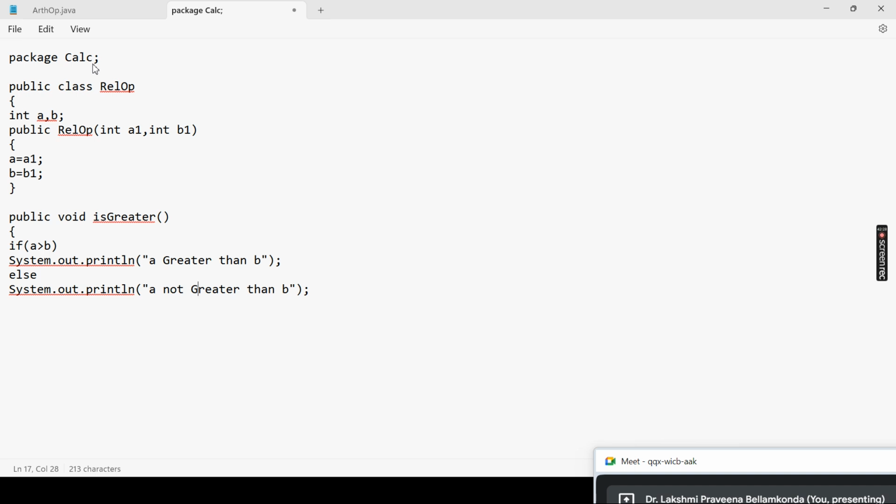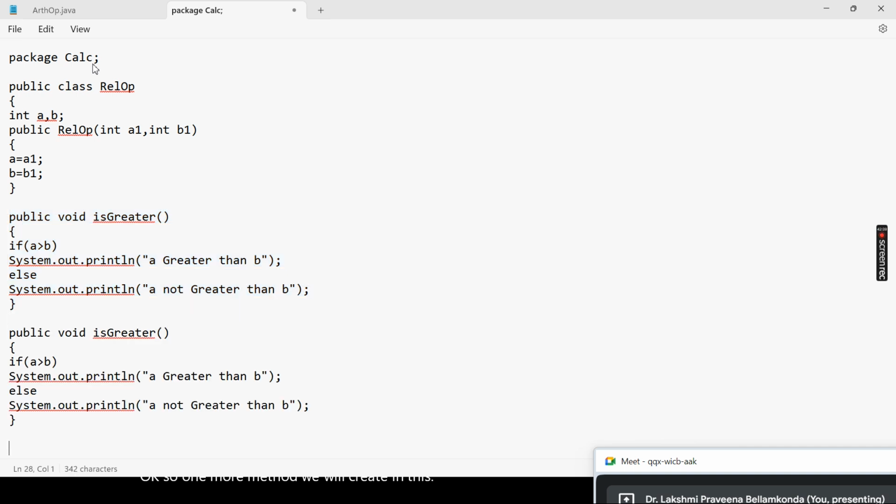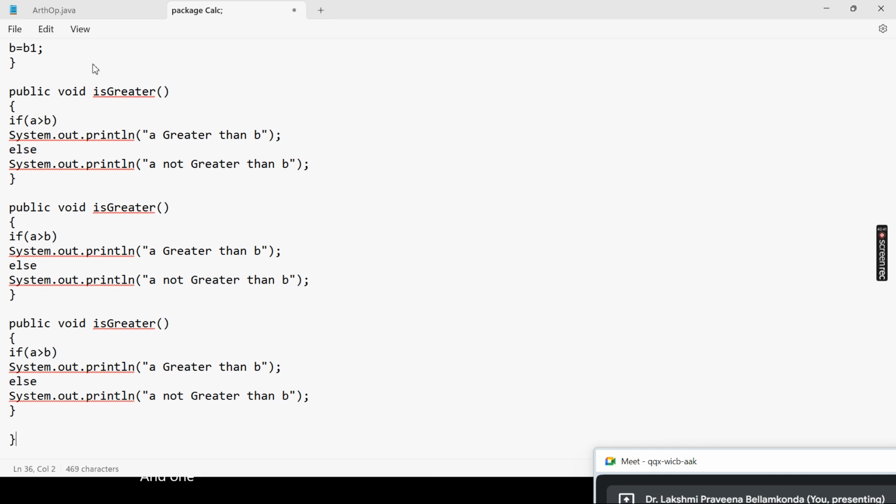I just want to specify not greater than. So one more method we will create in this, and one more method. In the second method I want to specify the less than or lesser. Here I can specify the less than for this, and I will change the method message to not less than,